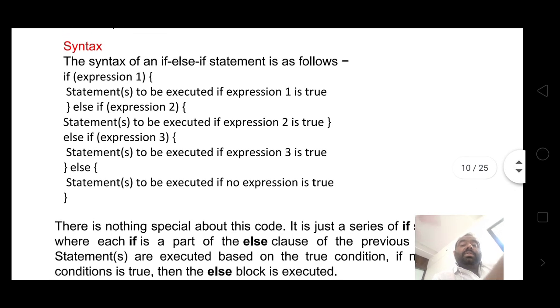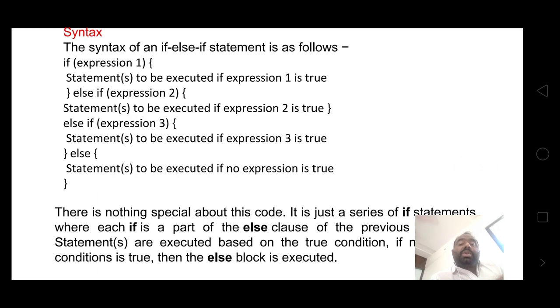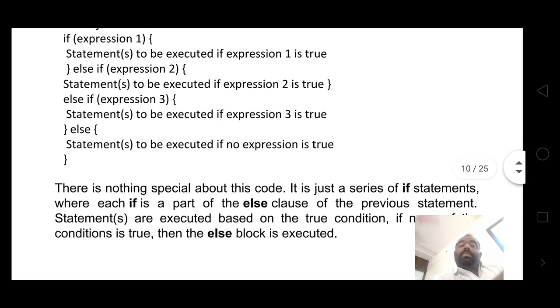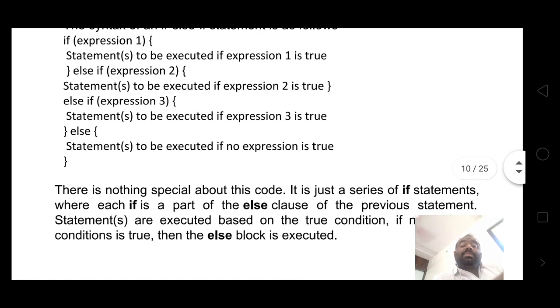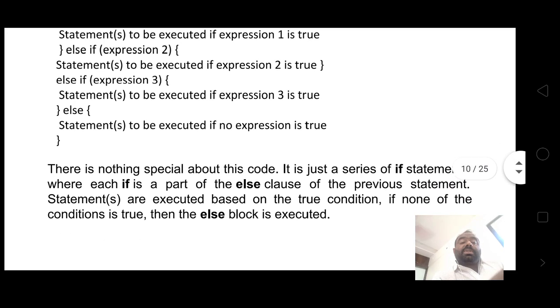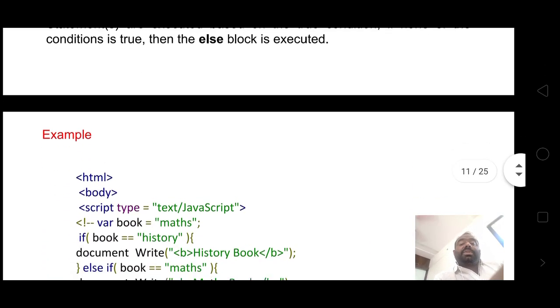If expression 1, expression 2, expression 3 are false, then the else part is executed, with the statements to be executed if no expression is true.